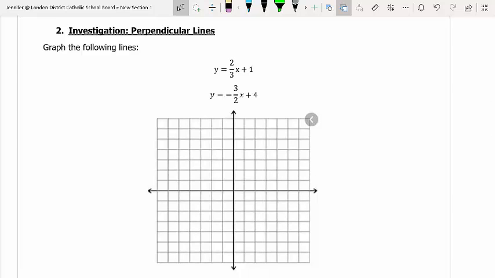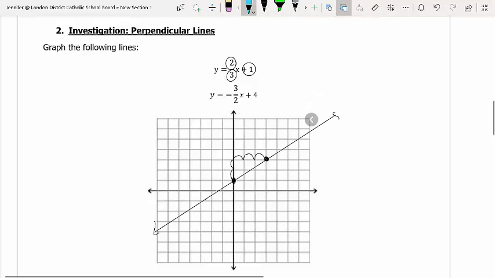So let's graph the following two lines and then make some conclusions. So the first one has a y-intercept at +1, and then according to the slope I'm going to go a rise of 2 and a run, which is to the right, 3. So rise of 2, run of 3, plot my second point, now connect the dots. Okay, let's graph the second one now. So it has a y-intercept of +4,